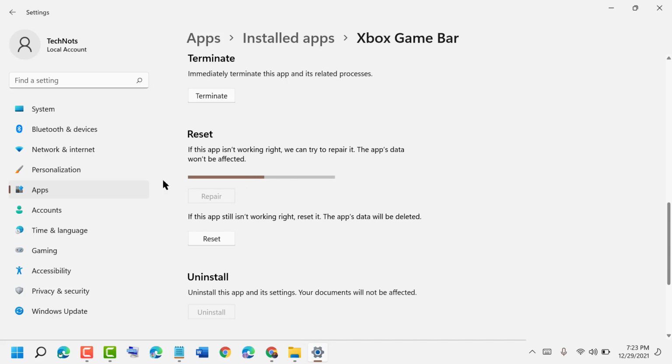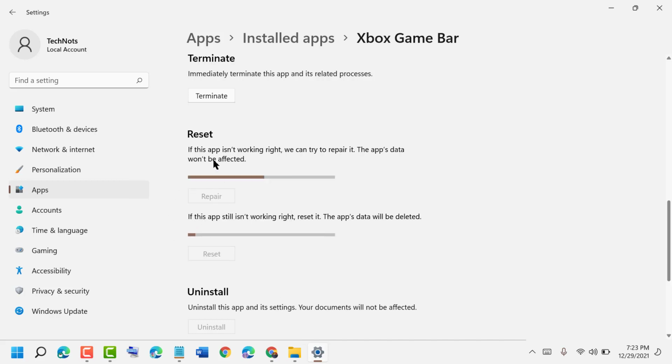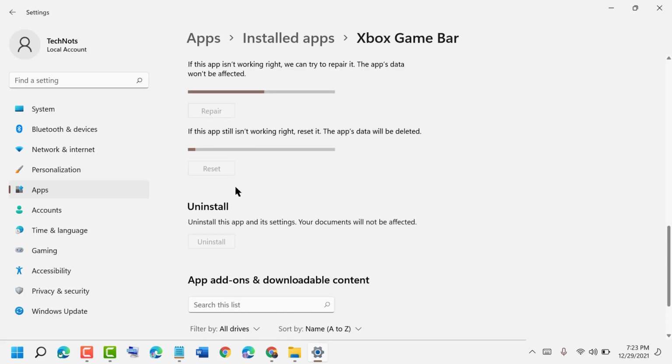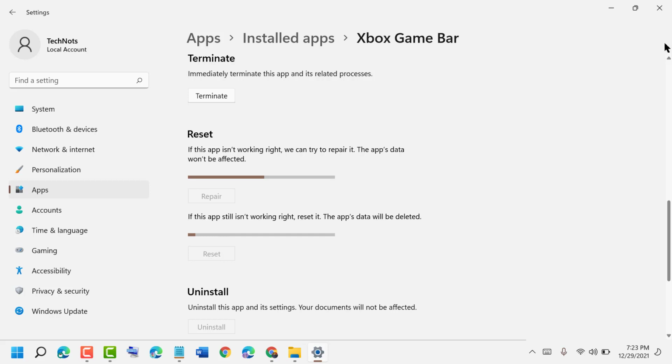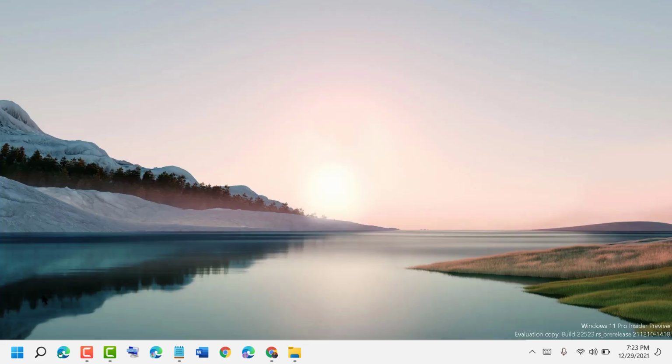will be complete. And once this is complete, click on Reset and Reset, and make sure this will permanently delete the app's data on this device, including your preferences and sign-in details. So if you are sure, check both options. And guys, if you are still facing the error after repair and reset, just try the third method and